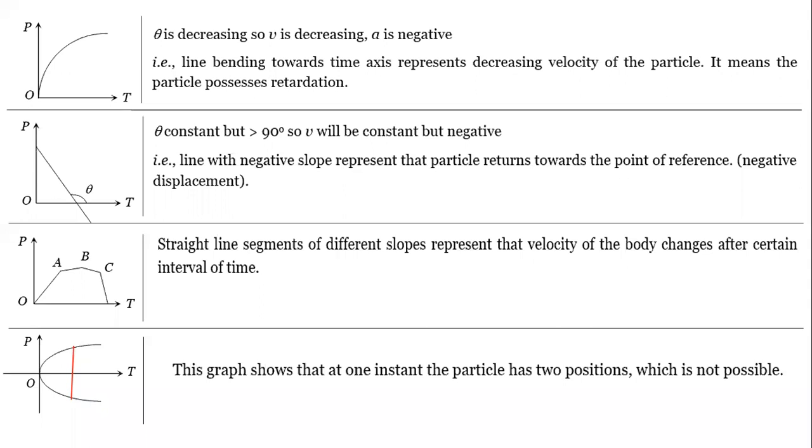Done everyone, no doubt, no confusion? Just remember all the graphs, because the main thing is the interpretation, which will be given in the form of statements. A small mistake will directly give you negative marking in the test. It's better to understand the graph and remember the interpretation. I have also defined the angles, the velocity, and the interpretation. Someone asked for the third graph why it is returning to the initial position: because the displacement is becoming zero. The graph is coming back to the zero line of position. So if displacement is zero, it means it is coming back.